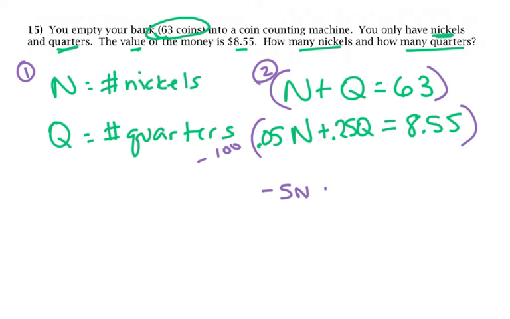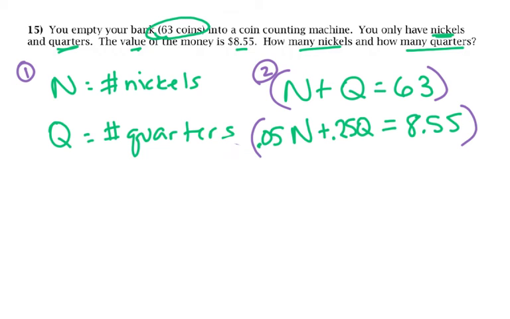You would have negative 5n minus 25q equals, and multiplying 8.55 by 100 is 855. And then you can deal with the n's and the q's a little bit easier. So you can see, if you just multiplied the top one now by 5, that would work. You could also multiply the bottom one by negative 500. So a lot of that's going to come from how well you understand how decimals work, but those are